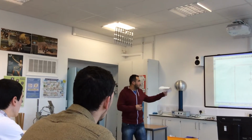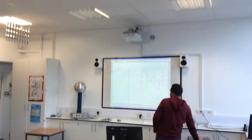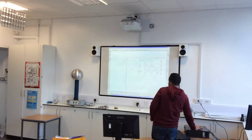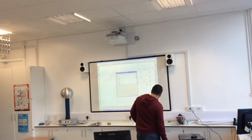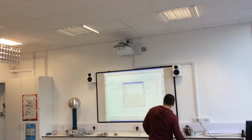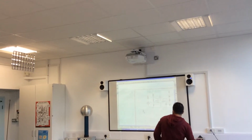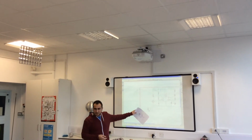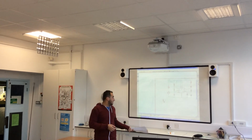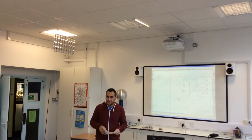But all of them work with the same thing. Like the components you have, you go and find them. Let's say if I want to find a resistor, what I do is put R here. So that's all, you carry on. If you want to find a battery, a capacitor or anything, you just place all the components on the screen, and then you design and wire them up according to the schematic you designed, or the circuit you designed. And basically